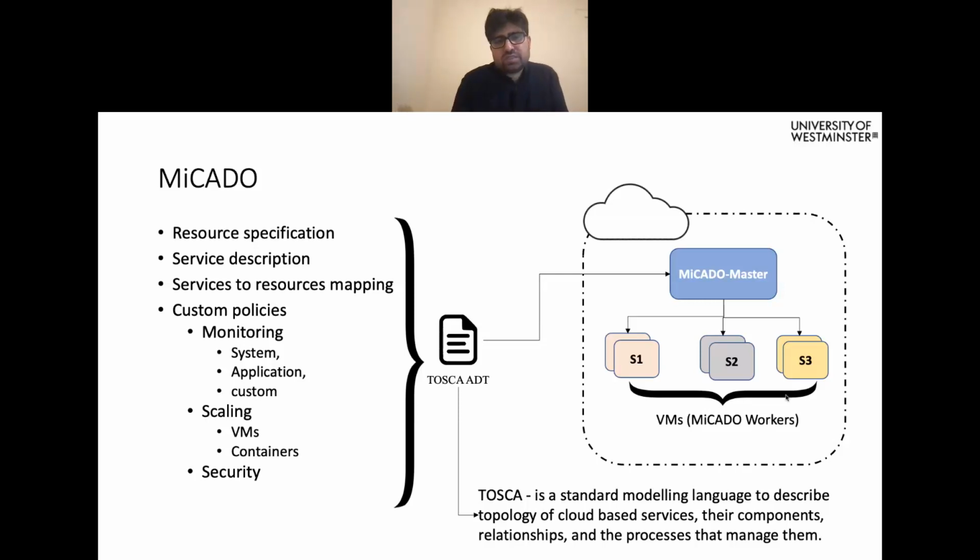Once the application developers prepare this template, they have to provide it as an input to the MiCADO system, which on this slide appears as the component called MiCADO master. MiCADO master is the main component of MiCADO, which runs on a separate virtual machine. In this case, these boxes represent a virtual machine. And MiCADO master will translate this template file and then do the necessary functions,